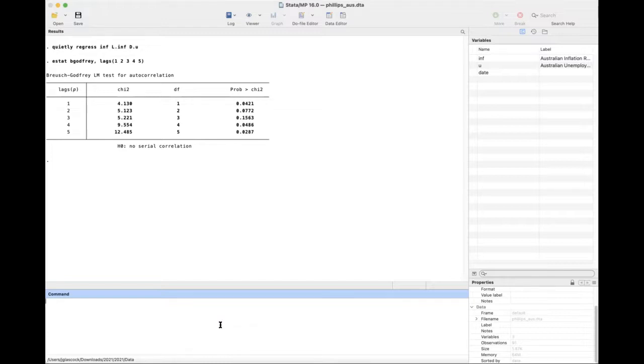We need to find out the optimal lag length for both P and Q. In other words, how many lag terms of those independent variables and the dependent variable should we include in the regression model? In the document that is posted online, the Stata file, you will find this set of